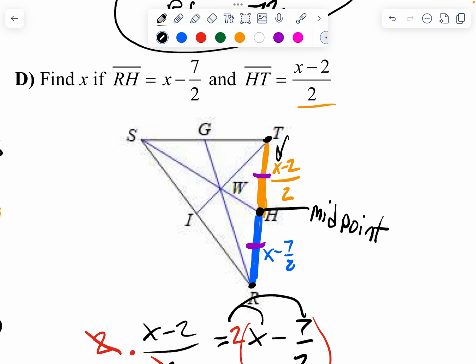5 minus 2 is 3. Half of 3 is 1.5, right? 3 halves. It's a positive number. That works. Okay, now the other one, x minus 7 halves. Well, if we plug that in, 7 halves, if you remember, right, 2 goes into 7